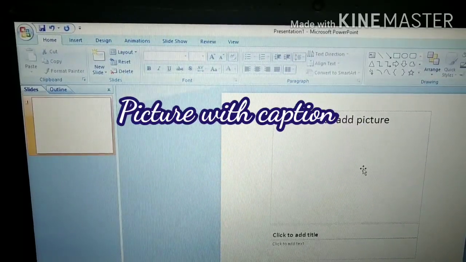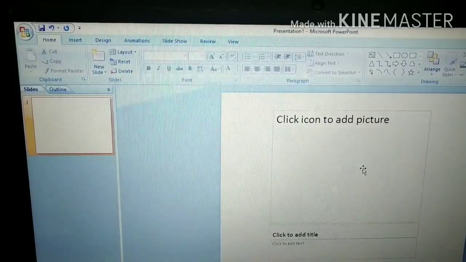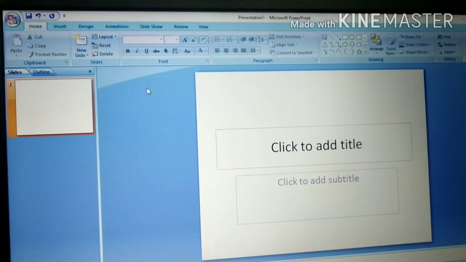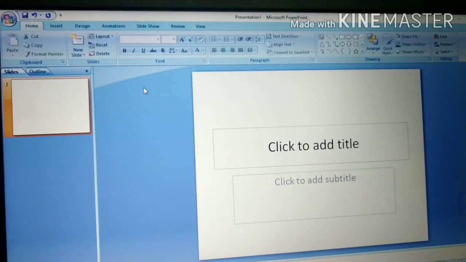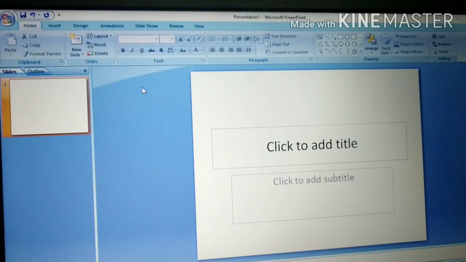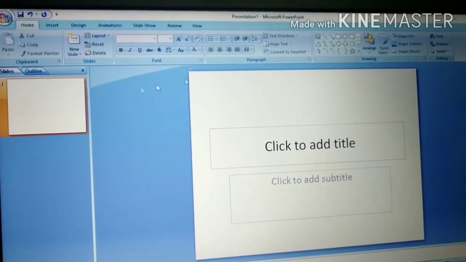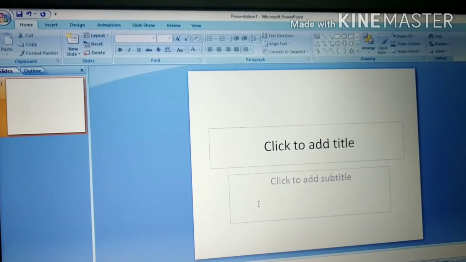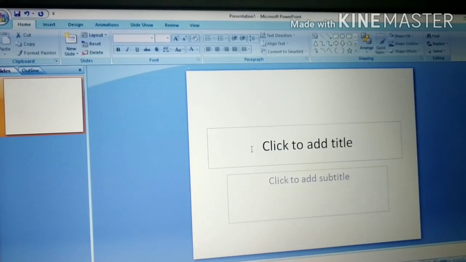Now one by one I'll start and I'll show you how to make the slides. So now let's start with the presentation, including different slide layouts. The first slide is the title slide. Now, a few things you have to keep in mind before making a presentation.